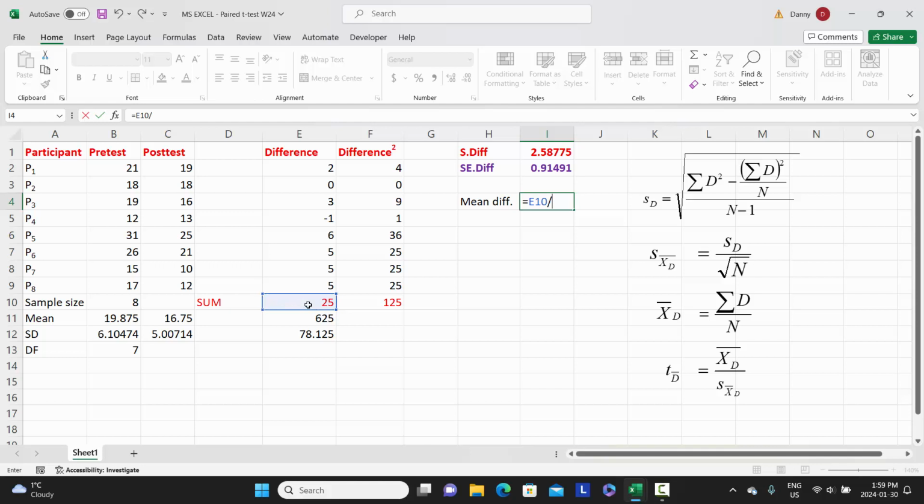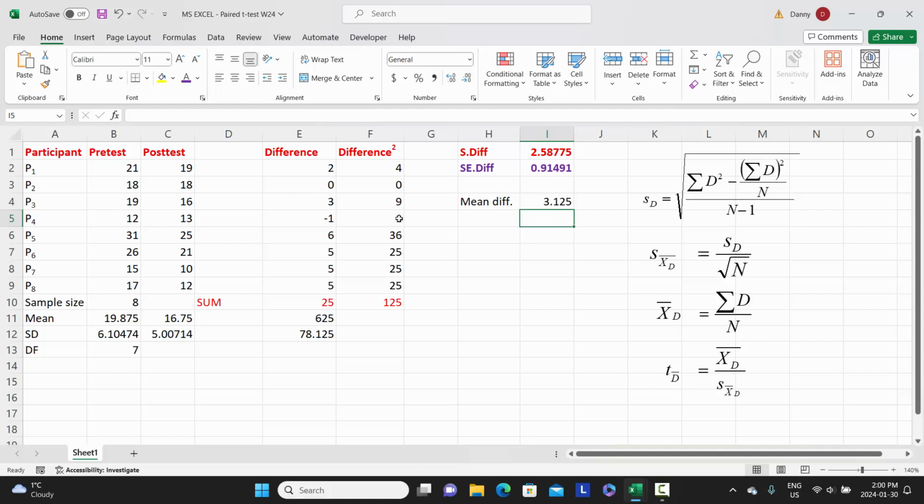And I'm going to divide that by the sample size, and that's what we see here in the denominator. Now I know the sample size is 8. I could type in an 8. I'm just going to choose to click the cell where I had previously calculated the sample size. And I hit enter, and what we see here is that across all 8 participants, the average difference was